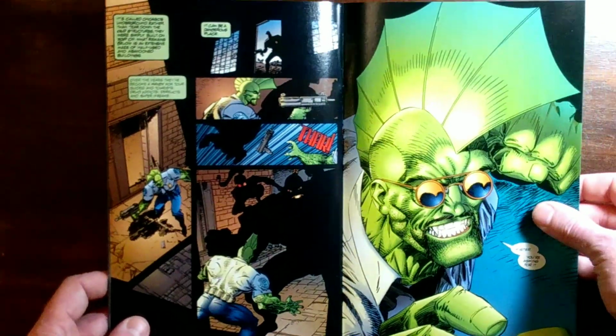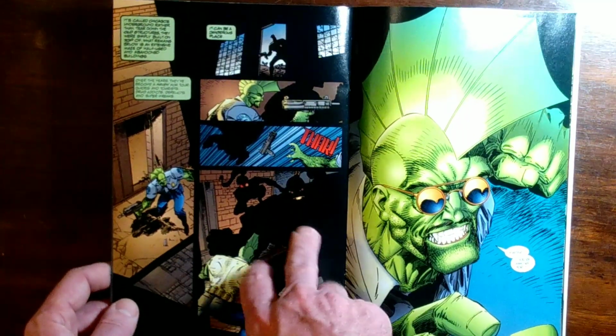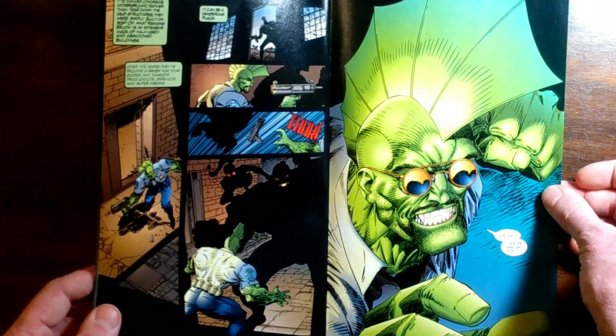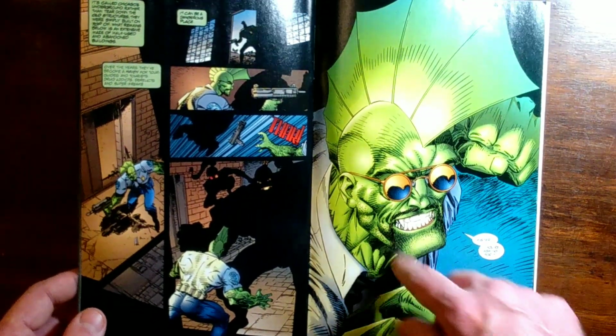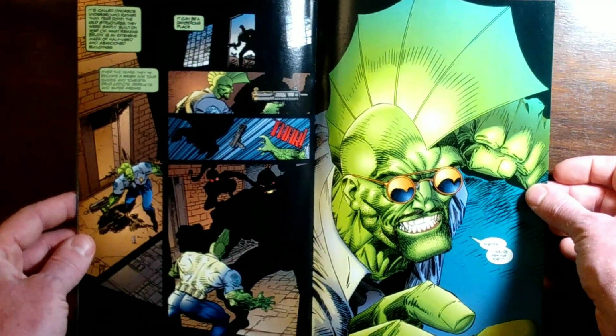So Frank sends Dragon on another mission to go check out, there's been reported to be these 2 superpowered homeless people in this abandoned building, so he has Dragon go check it out. Get another cool splash page here of Dragon. He's got his mustache here. This is one of the few times he has the mustache just in this first issue. I think he shaves it off actually at the beginning of the next issue. But